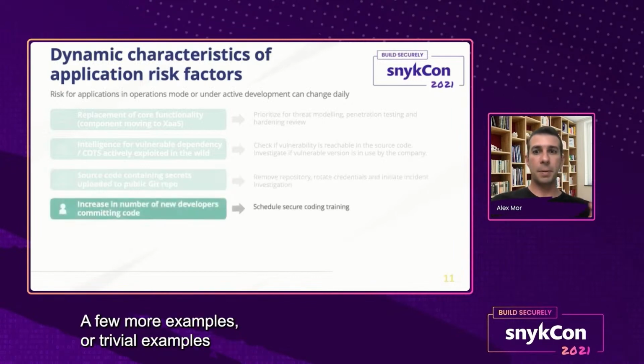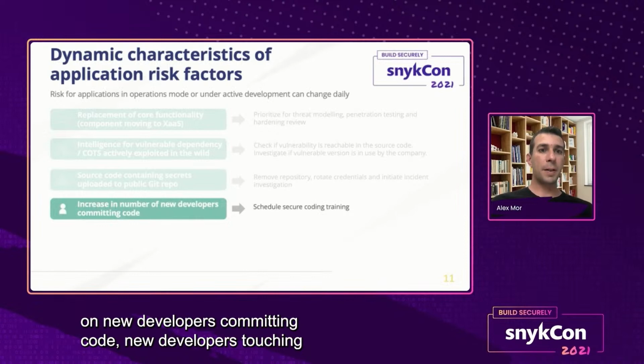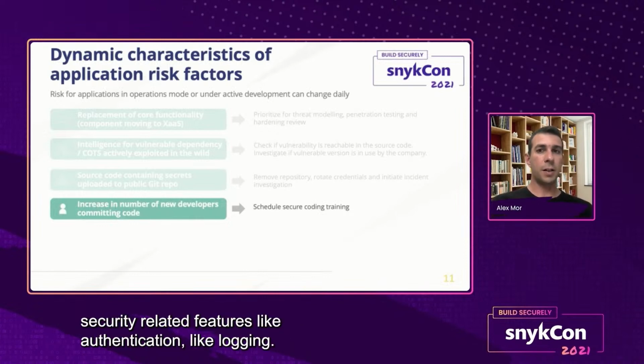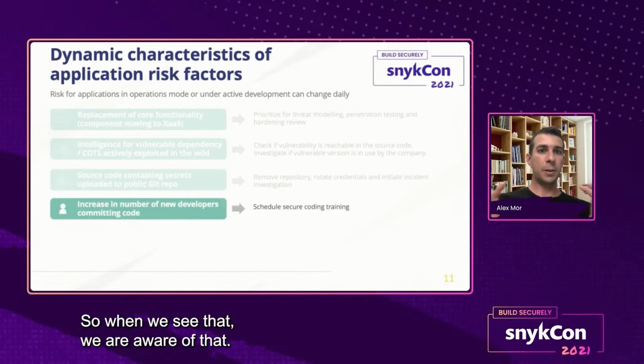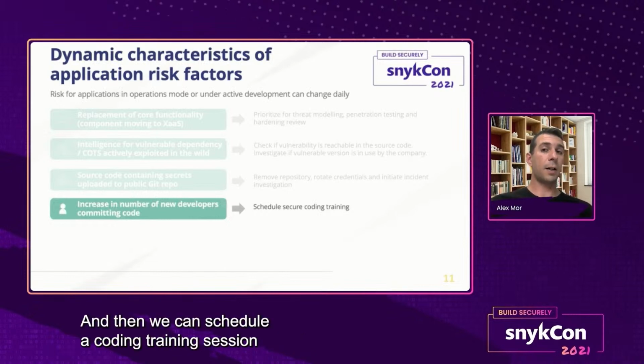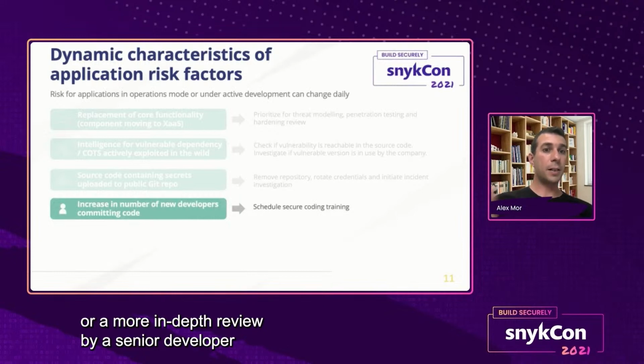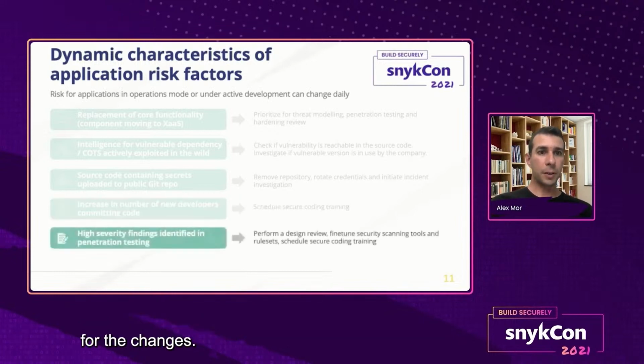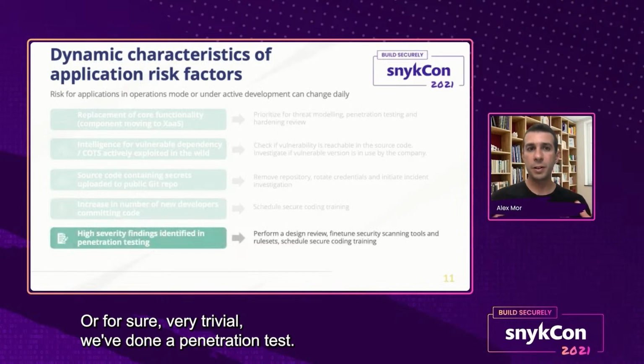A few more examples, right? Trivial examples: new developers committing code, new developers touching security-related features like authentication, like logging. When we see that, we are aware of it. We have the monitoring on that, and then we can schedule a coding training session, or a more in-depth review by a senior developer for the changes. Or, very trivial, we've done a penetration test. We identified